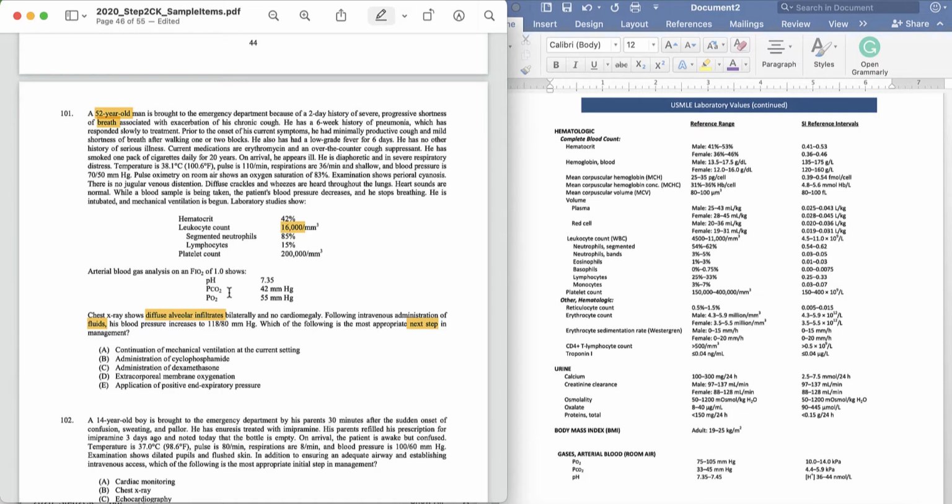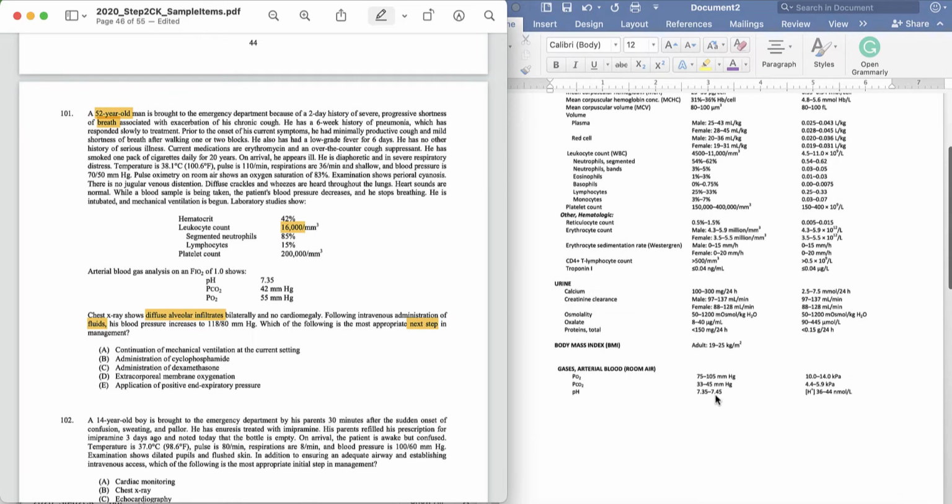And look, they give you blood gases here, so you can kind of tell what's going on. So 7.35, that's a little low, but I think it's still within the normal range. PCO2 looks like it falls within a good range, but look at the O2. The O2 is 55, so we know he's not getting enough oxygen there. It's probably why his pH is on the lower side of normal. So already we know he's got a problem breathing, and they've already given fluids, and that seems to have helped